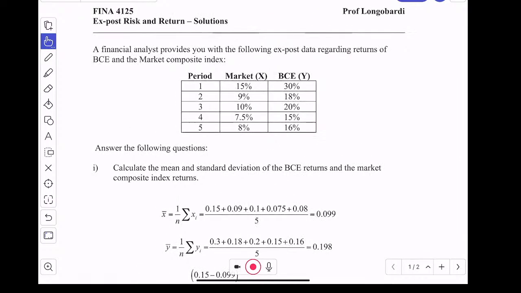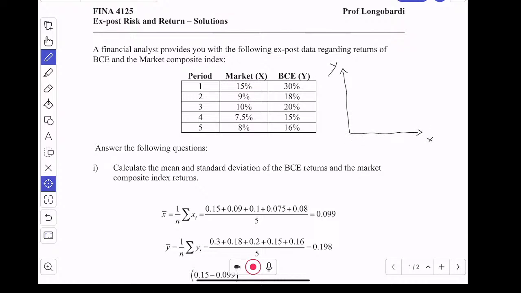Now in this one, you see that the relationship between them is double. When X is something, BCE is double. So what does that mean? If I was going to display a scatter plot of this data,